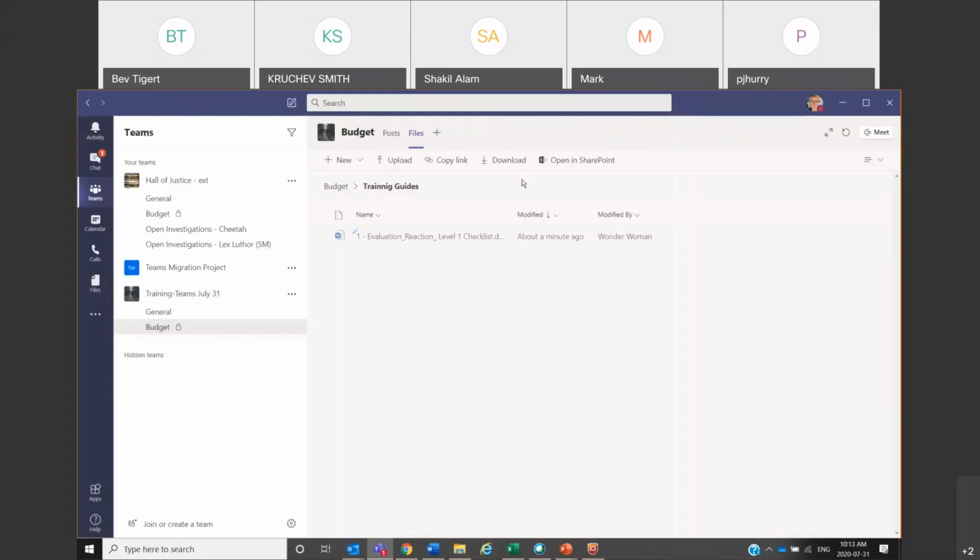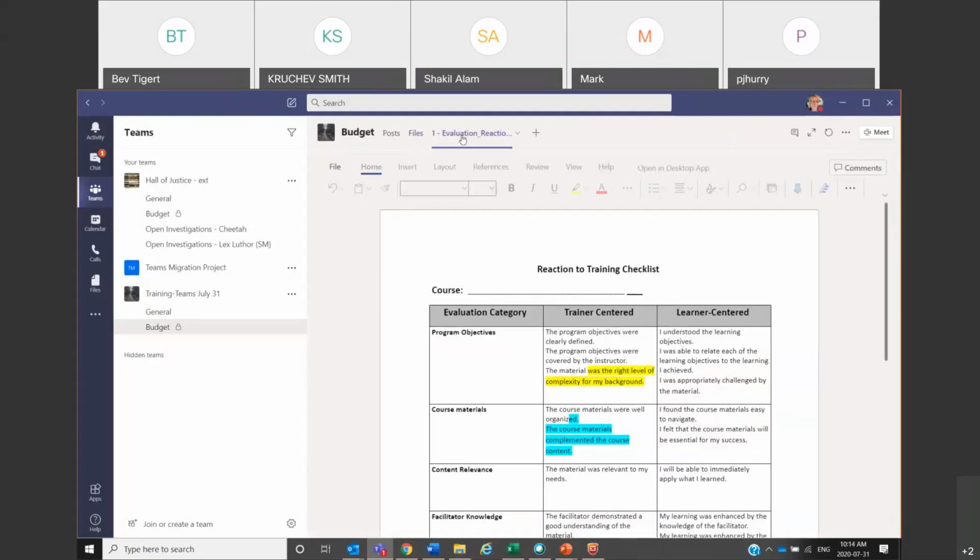So at the file level, if I click that file, I have other changes that happen up here in my tabs, right? So what it's saying is I clicked on that at the file level. Now I can copy the link. I can open it, right? Open it online, open it in Word, open or edit in Teams. I can make it a tab. So I'm just going to go here and click on Make a Tab. And what happened there is it moved it right up there.